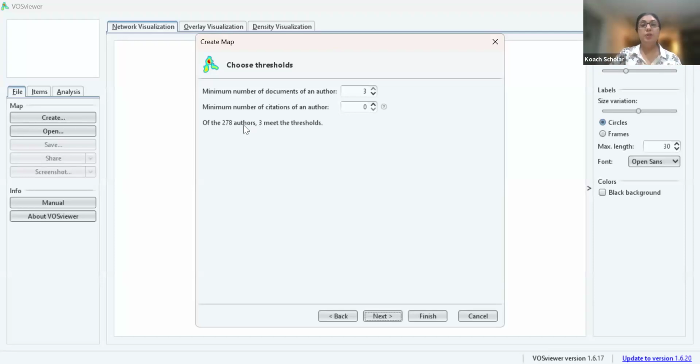That is why you see here that out of 278 authors, only 3 are mentioned. Suppose if I reduce it, you can see the number at once goes to 29. And if I reduce it further, let's consider all the authors, right? 278, obviously it will show all. Now what we can do is, we can do it on the basis of number of citations. Suppose we don't want to take the 278 authors. So what we will do, we will reduce it